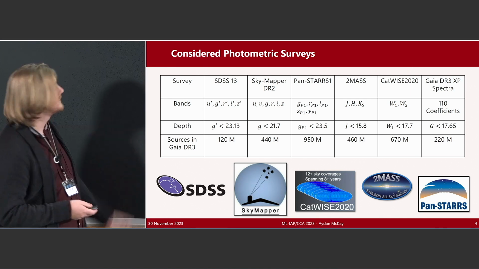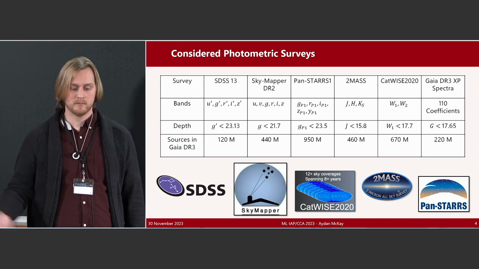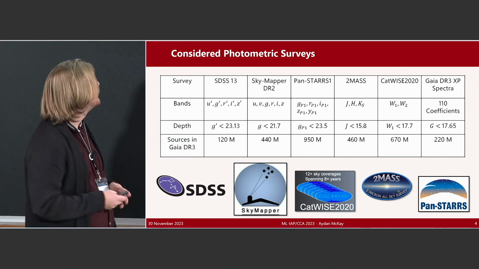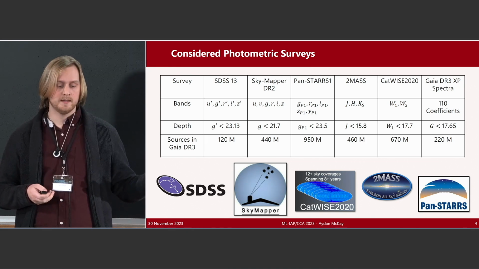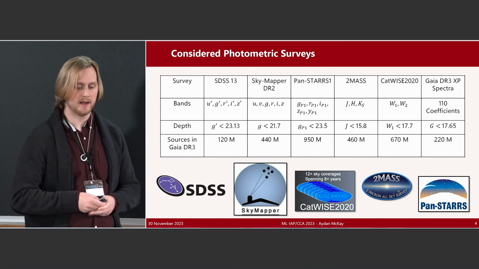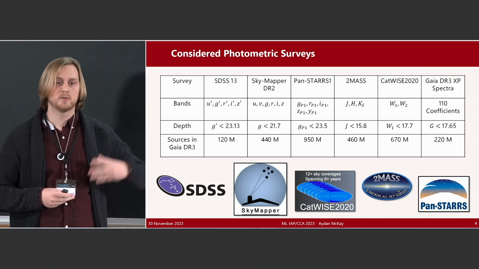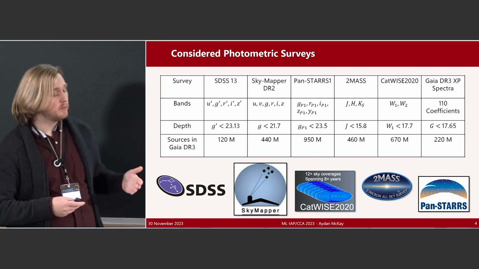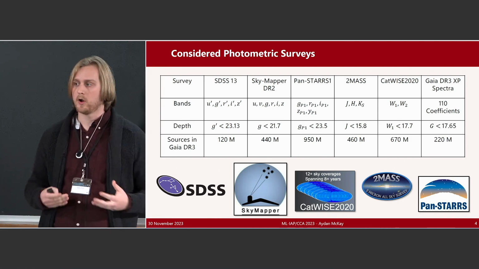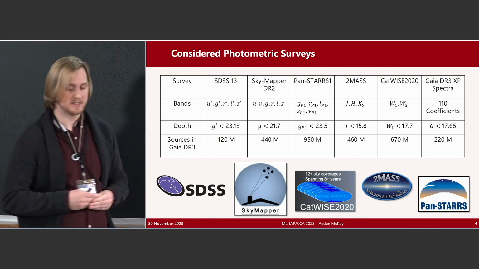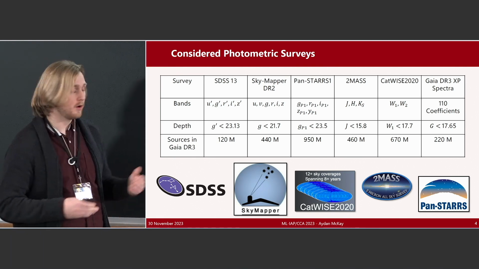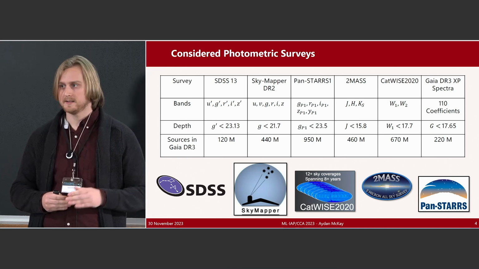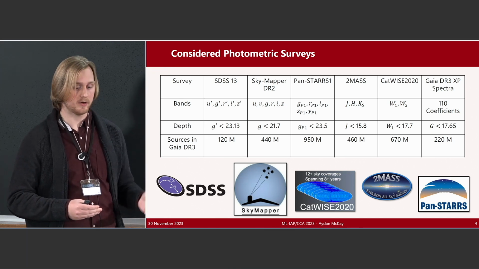Currently, as my research is still a work in progress, I have curated these data sets as my input. As you can see, the depth of these data sets reaches quite a bit further than Gaia in some respects. This shows us where we can take the model in the future, as well as where we're at right now. One large problem with this data set is that there are a lot of missing values. Just looking at the XP coefficients themselves, there are 220 million, which is a lot of low-resolution spectra, but out of the Gaia data set, that means there are still 1.6 billion stars without this information.